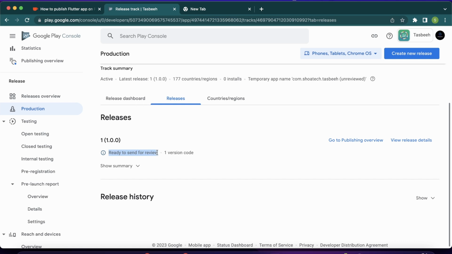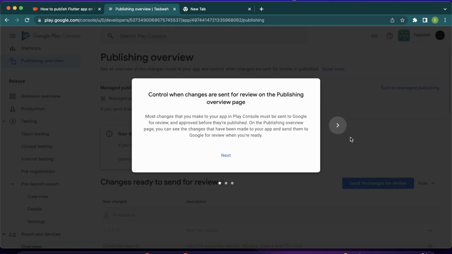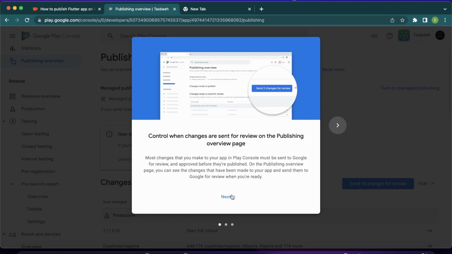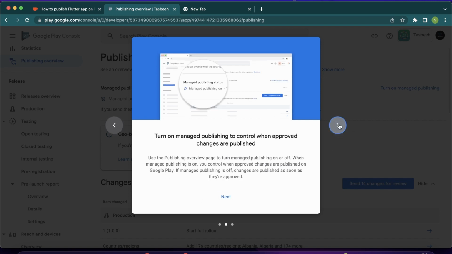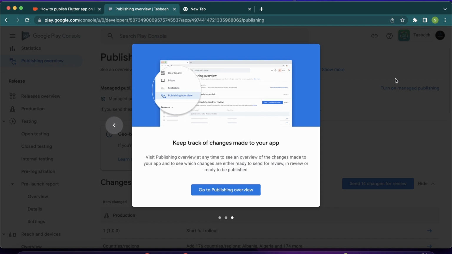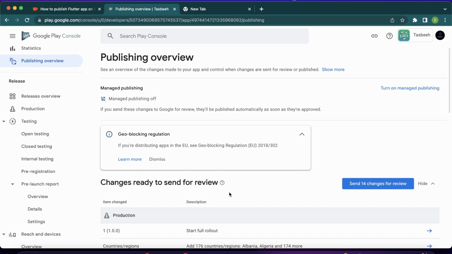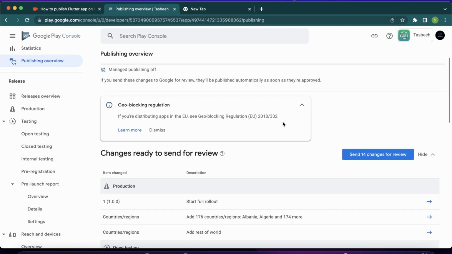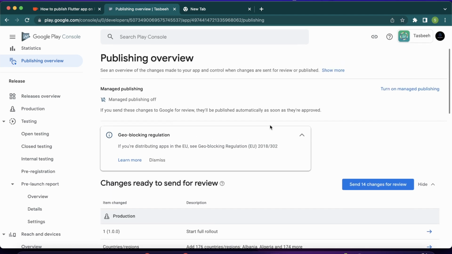So we can go to publishing overview here, and there, okay, what is it? Control when changes are sent for review on publishing overview. You can just skip it. You can read it if you want. It's something new they added recently, I guess. Go to publishing overview. So here,